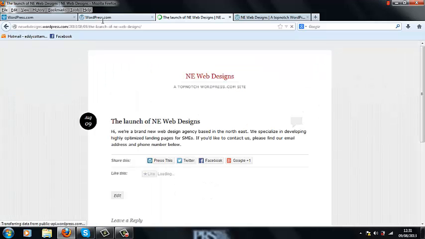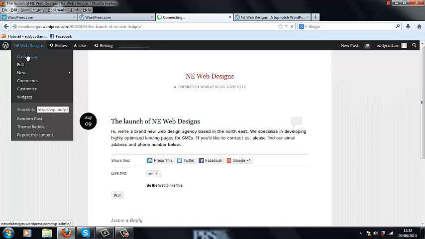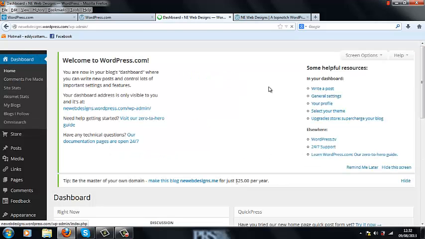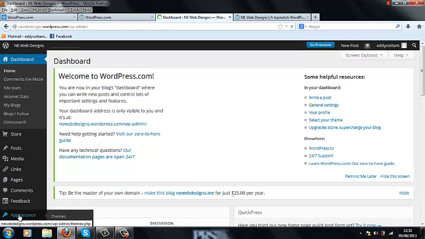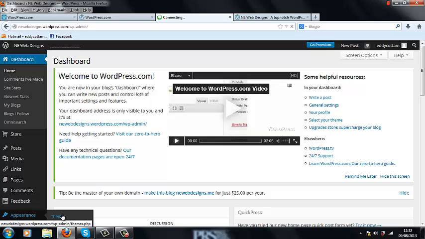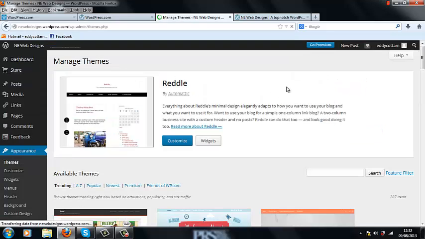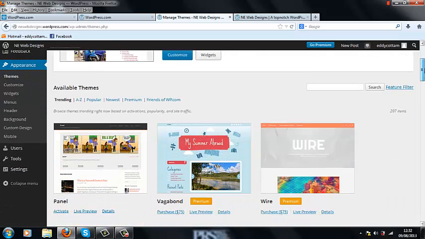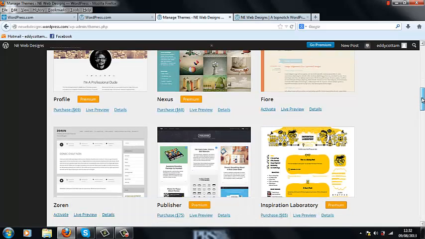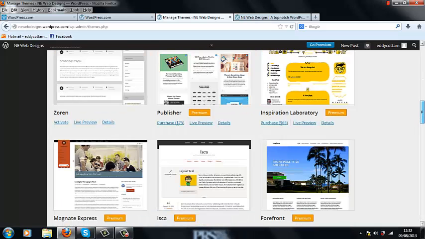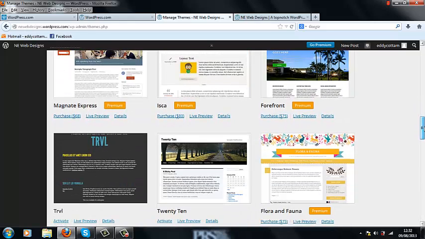But if we go to the dashboard and we go to appearance, and we click on themes, we can start to edit what our website looks like. Again, very quick, very straightforward. On the free version, you're probably not going to have much choice. A website can cost as little as £10 from the web address to the actual hosting account if you know where to go. But on the free version,